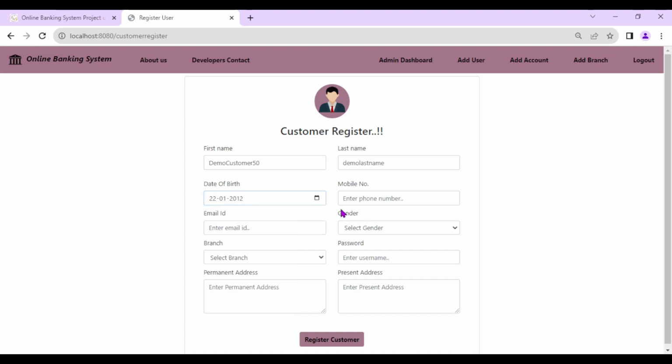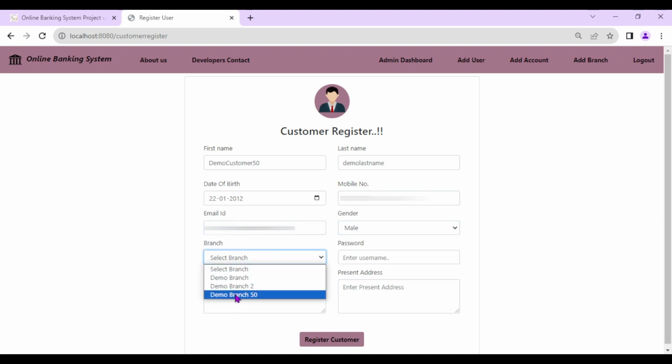Then enter the mobile number. Here I'm entering a dummy mobile number, then enter the customer email, demo customer 50, select the gender, select the branch.